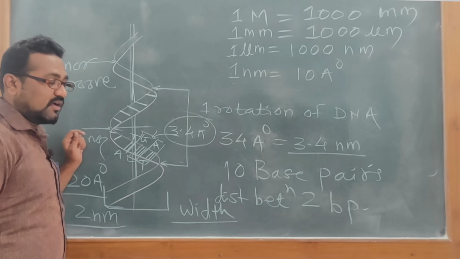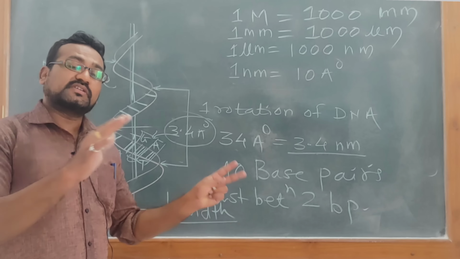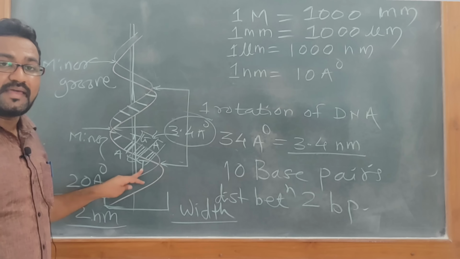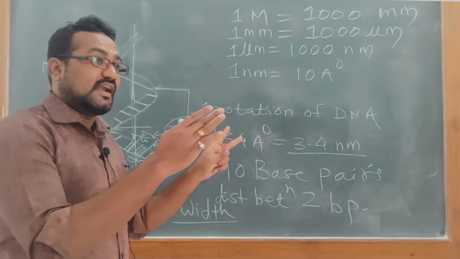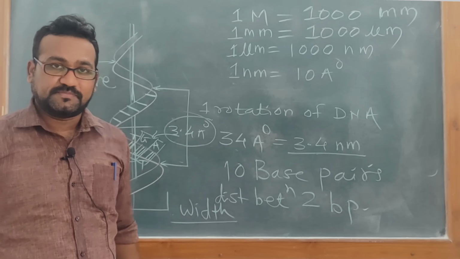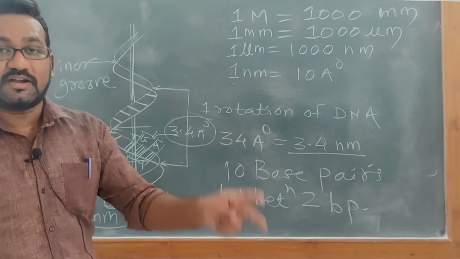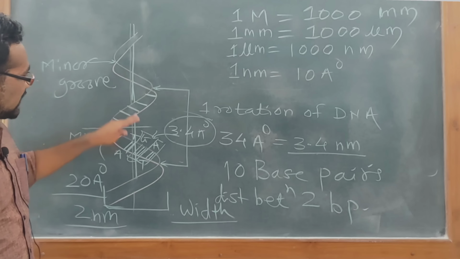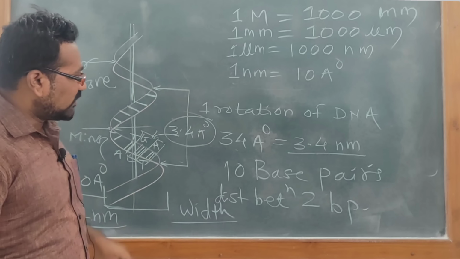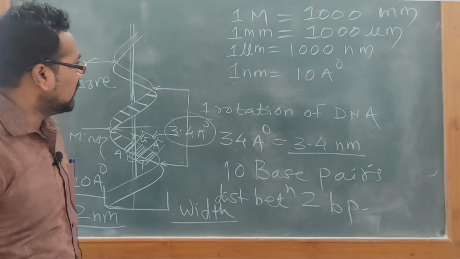So here is a Watson and Crick model of DNA, in which in previous lecture we have said that one purine always pair with another pyrimidine. Just starting of lecture we have said that adenosine and thymine shows 2 hydrogen bond, and guanosine and cytosine shows presence of 3 hydrogen bond. All these two strands are connected by hydrogen bond. So this is the basic information we will require for the understanding of DNA structure.